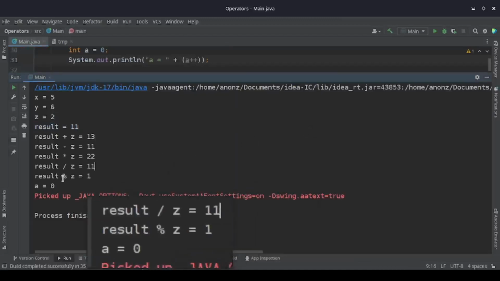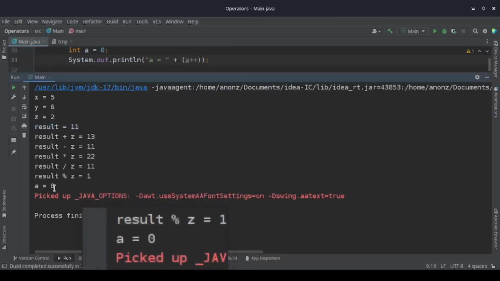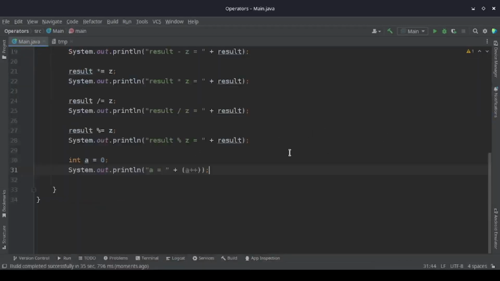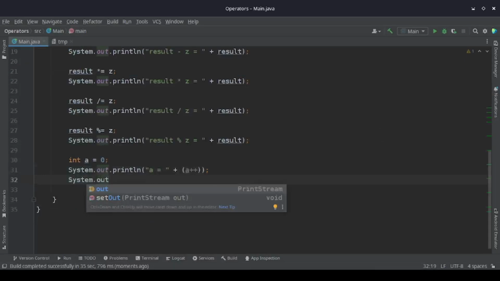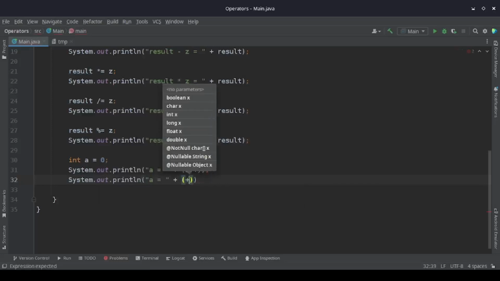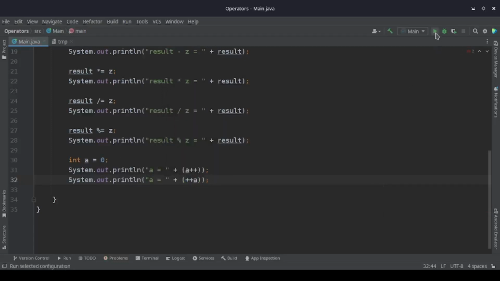And here you see we got a equals 0. But now let's try the other one. Let's try the pre-increment and see what the difference is. So now I'll put the double plus in front of the a, in front of the variable we want to increment. So let me run this again,